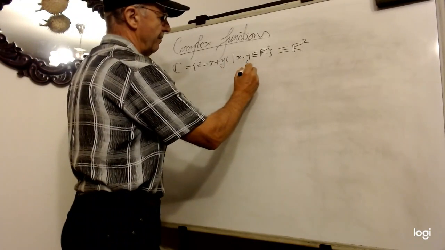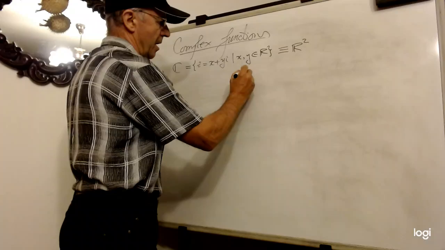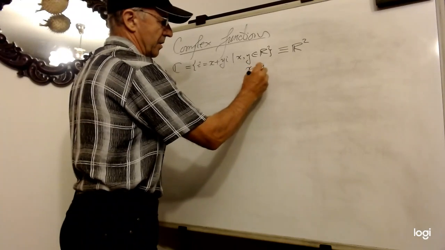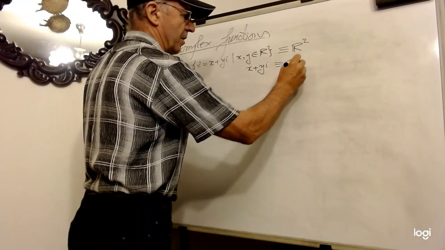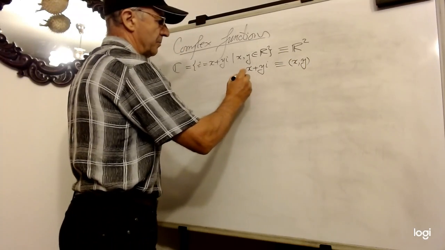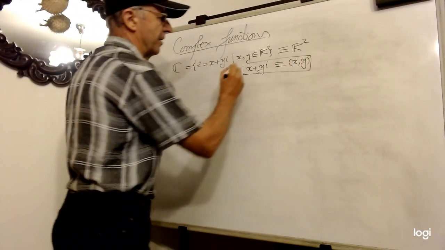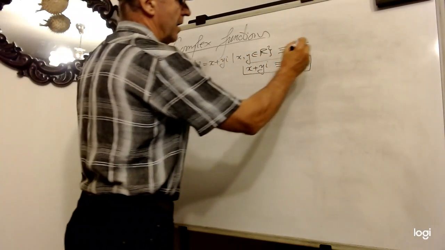We identify the complex number x plus yi with the vector (x, y). This is the identification. They are identical